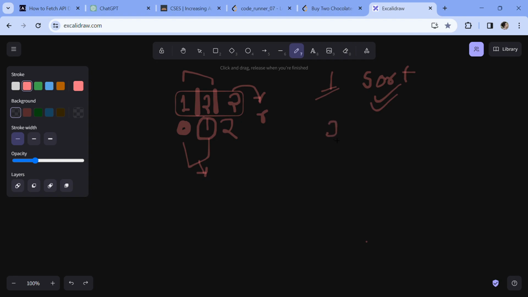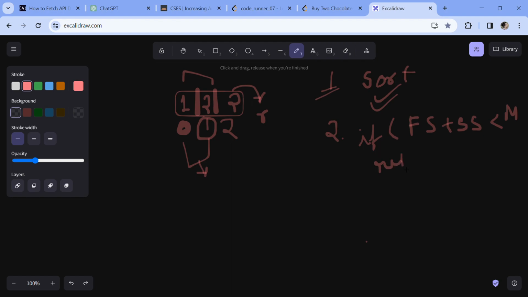After that, we find the first smallest and second smallest. The first smallest will be represented by fs, and the second smallest by ss. If the summation of these both is coming to be less than money,